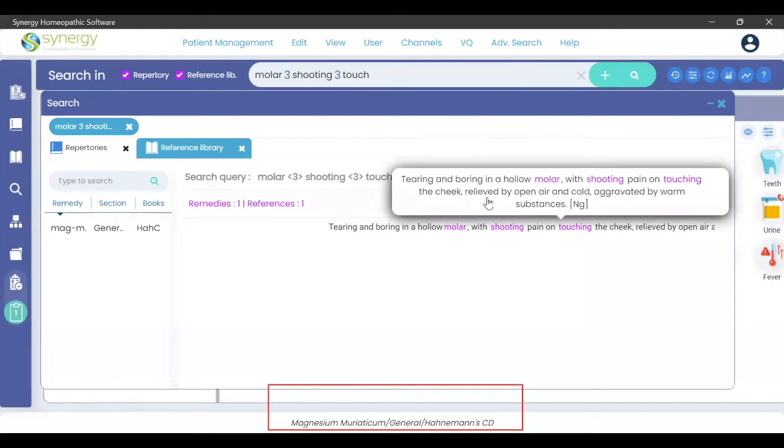You hover your cursor and you can read the entire symptom. Tearing and boring in a hollow molar with shooting pain on touching the cheek, relieved by open air and cold, aggravated by warm substances. Although the word right is not there, this fairly suffices to what I would be willing to give, or what has the exact match in my patient. Sometimes the location or the side may not matter. We all know that. But I practically had a very good experience in this case after giving